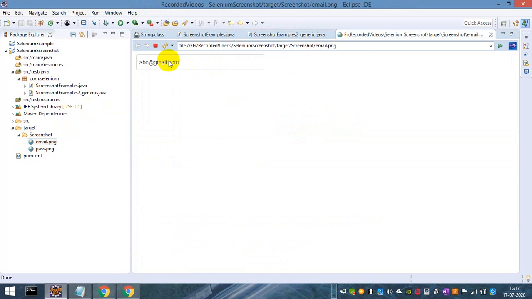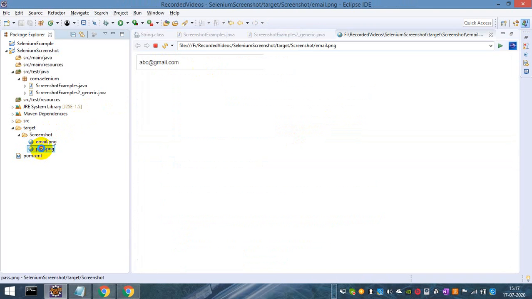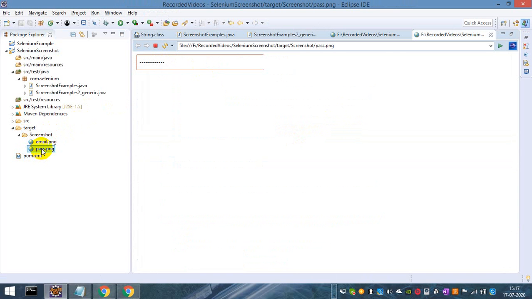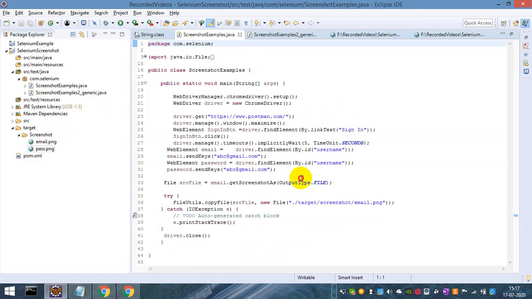So the specific element has been captured for my web locator. In this way you can capture a specific web element by using the Selenium 4.0 alpha jar file. Okay guys, you understood what I'm telling you.